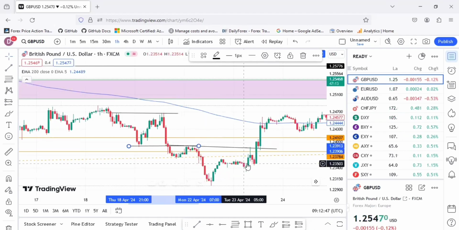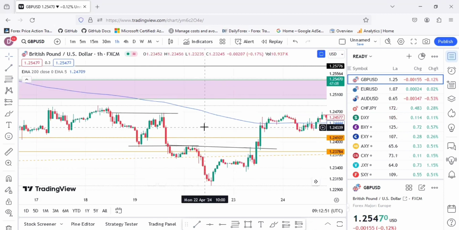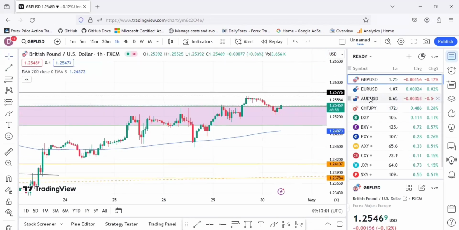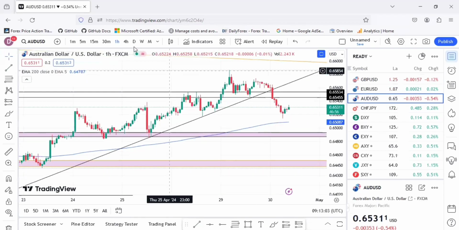Then for you to turn again, it gives you another pattern, head and shoulders. So those are the things that you need to be looking out for in the market. Look out for your pattern, your candle pattern, your chart pattern. And also, if you look at this place now, this is a typical example